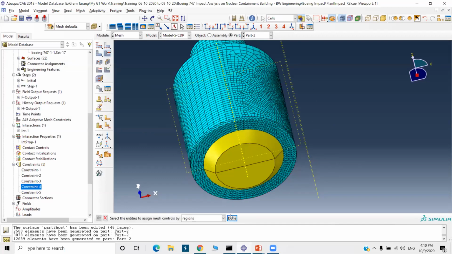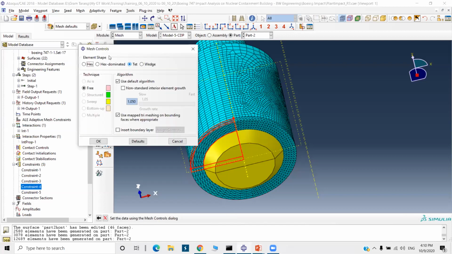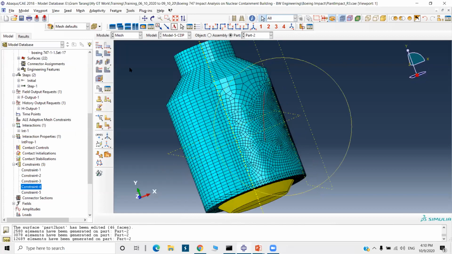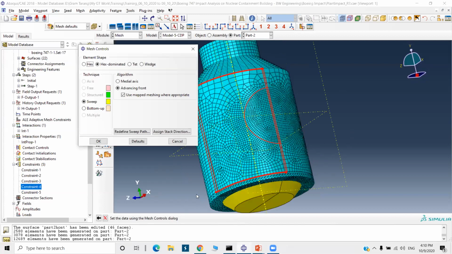We check the element of this part is tetra mesh. Here you can check it here. So it is a hex mesh. Check here. It is a hex dominated mesh. Check the element type.